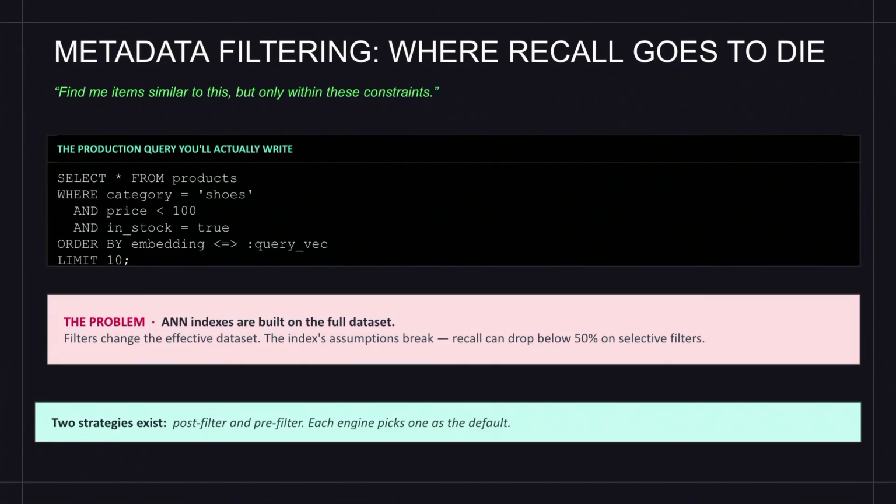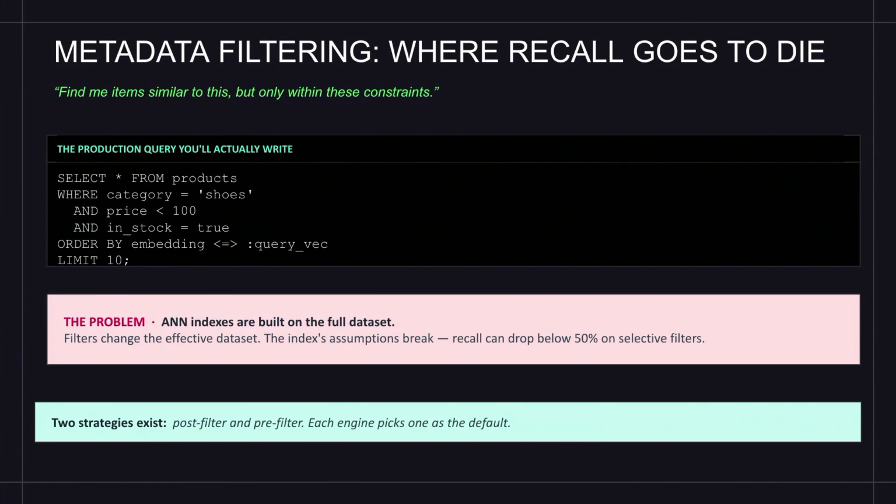Now, metadata filtering is where recall goes to die. The problem here is that the ANN index that you built is built on the whole data set. If you apply filters on top of that, it changes the effective data set. So the index assumption breaks, and that is when the recall drops.